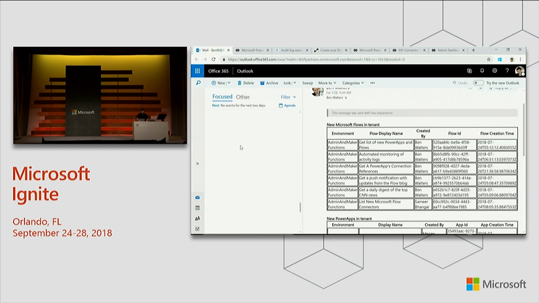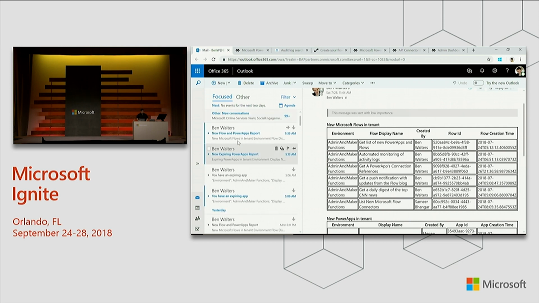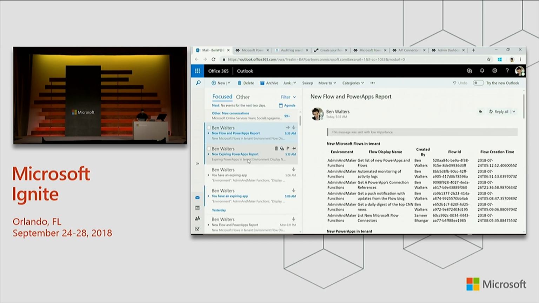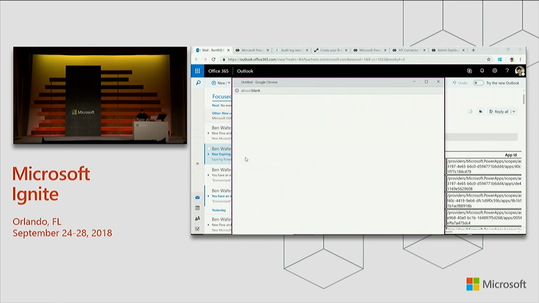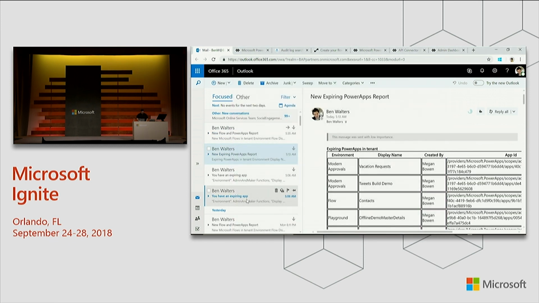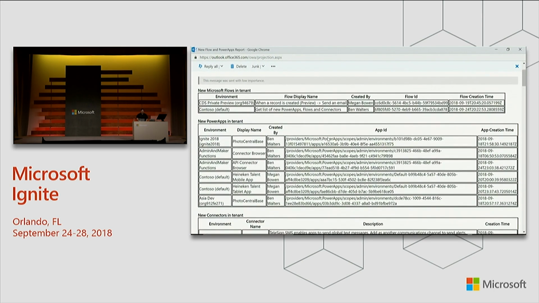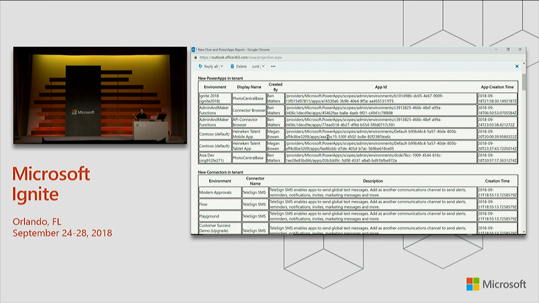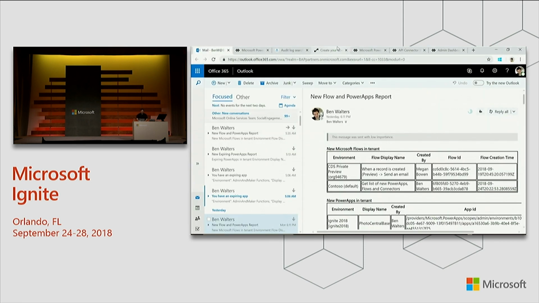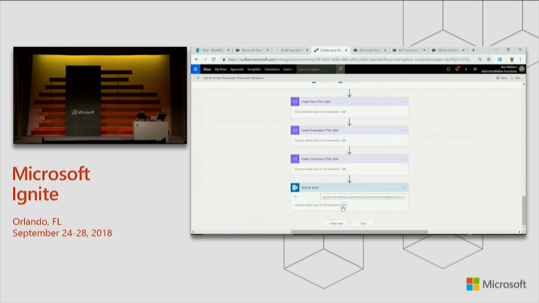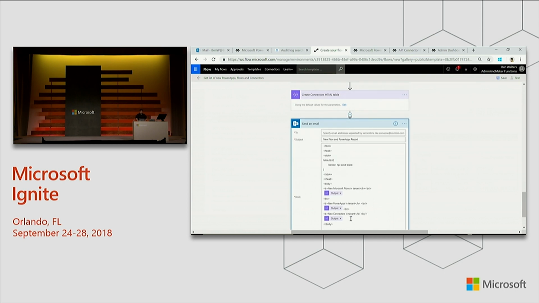And what this flow template actually does is, it's a big flow, but I'm going to trim it down for visual purposes. All it does is pull all of the environments within my organization, all of the apps, all the custom connectors that have been created, and all the flows, pulls them all together, and shoots out an email. This is just like a report of all the apps and flows that have been created within my organization, right? And you can see here, if you want a digest report,